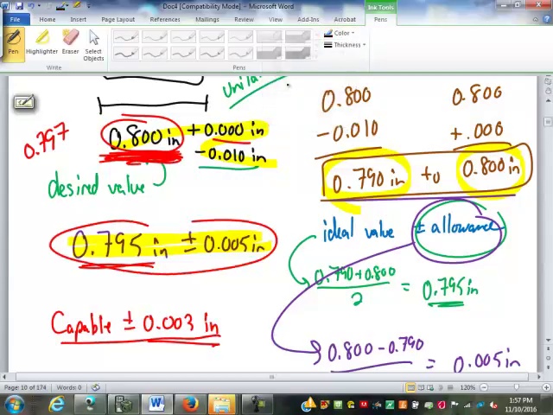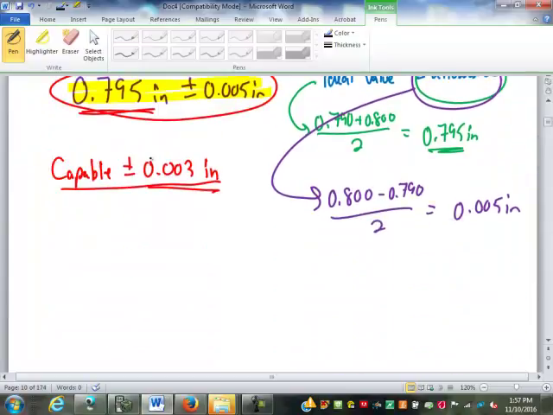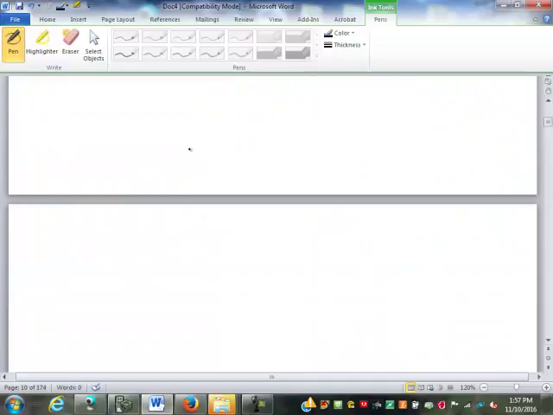Mm-hmm. So this is telling us, depending on the capability of your machine, you want to be in this range, but depending on the capability of the machine, we want to be closer to the upper end if we can. So given this allowance here,